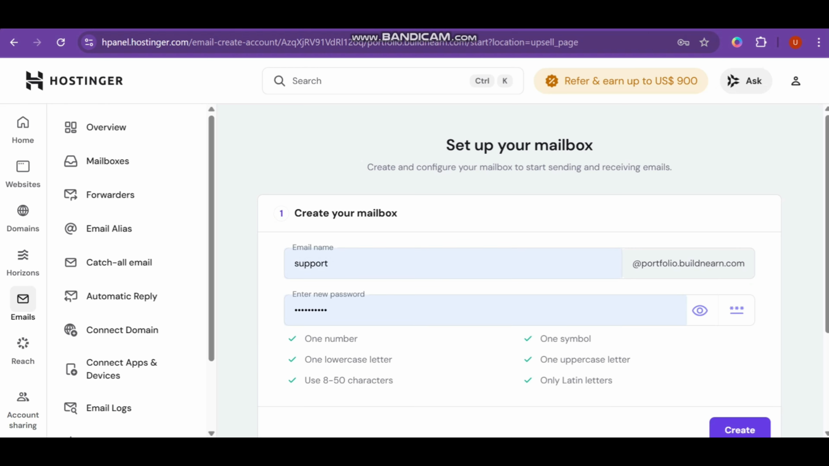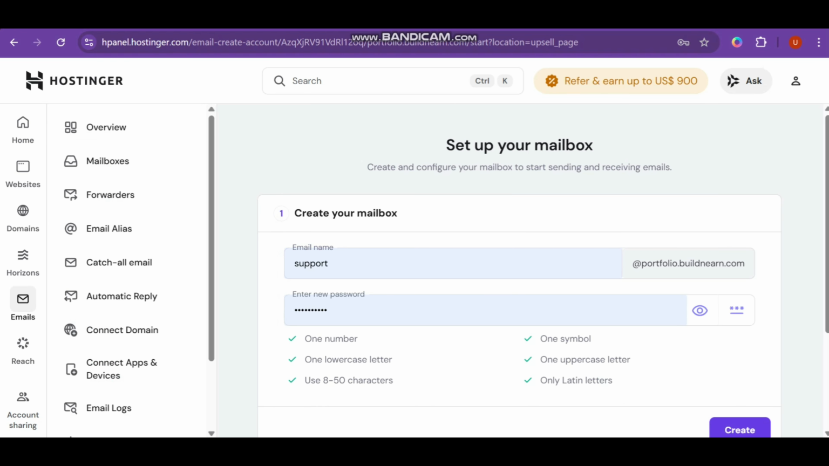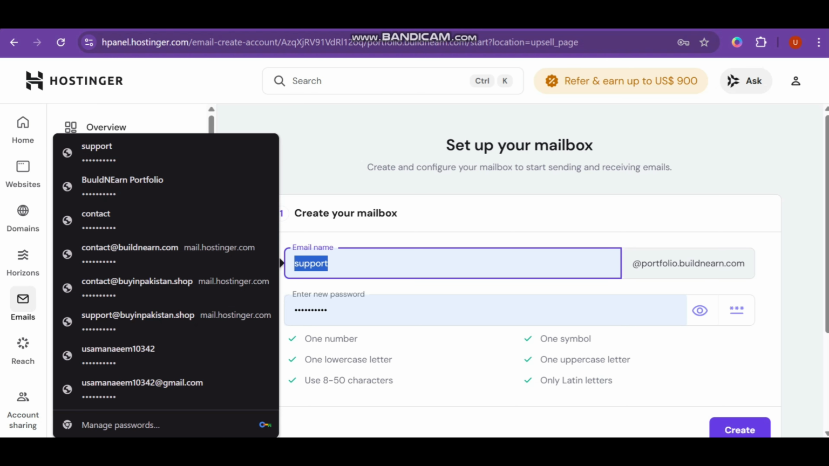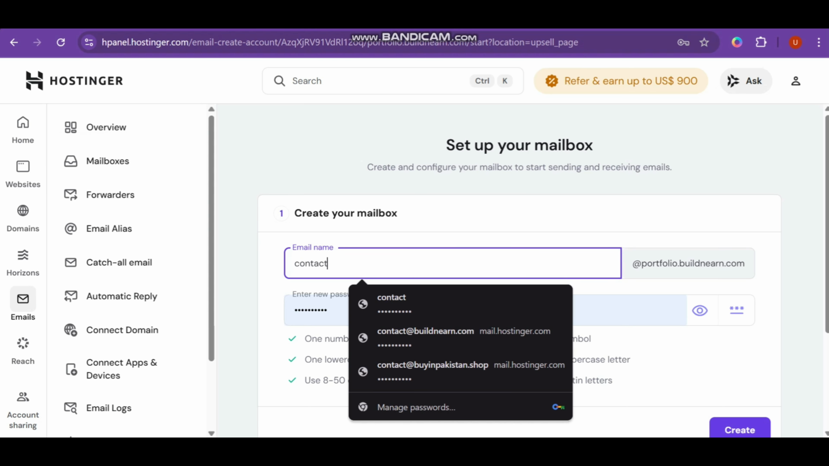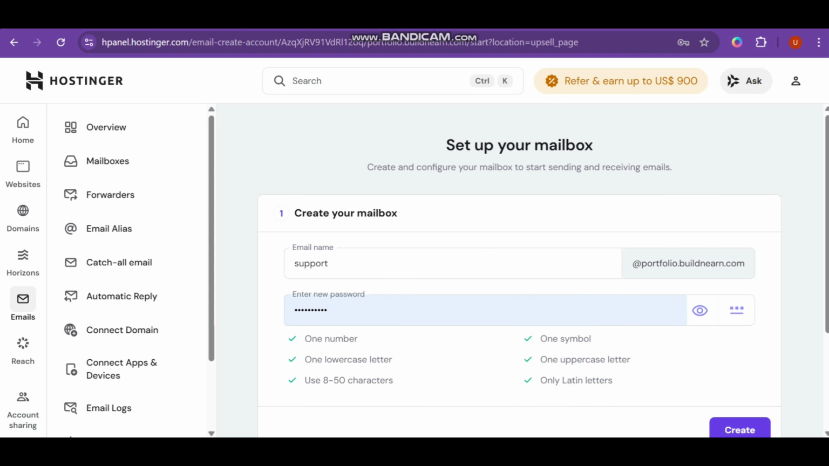Now we'll have to set up our mailbox by entering our email and password, and its extension will be at the rate of portfolio.buildnearn.com or whatever domain you will choose. So you can add support or contact, whatever you want to add, and then create a password for it. If you want, you can change it to any other, like I am going to change this support to contact, or whatever you want to type here. So I am going to replace it with support, and then I will click on create,